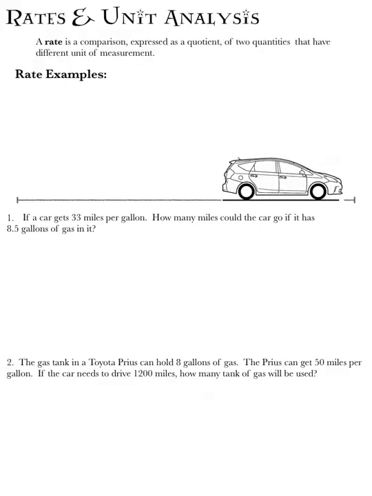This page is looking at rates, which is a comparison. It's expressed as a fraction with two quantities that have different units of measure. We use rates probably so much with certain things that you don't even think about the fact that it's a rate. Most popular being rate of speed, which we measure in miles per hour, which could also be written as miles over hour. Anytime you have a rate, and if there's a 1 in your denominator, then you can kind of replace the division symbol with the word per,